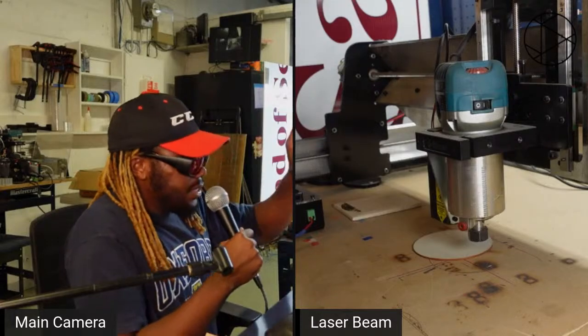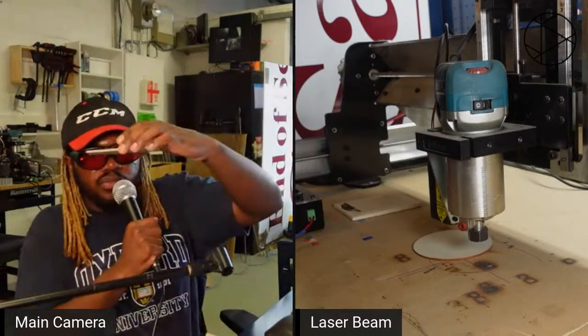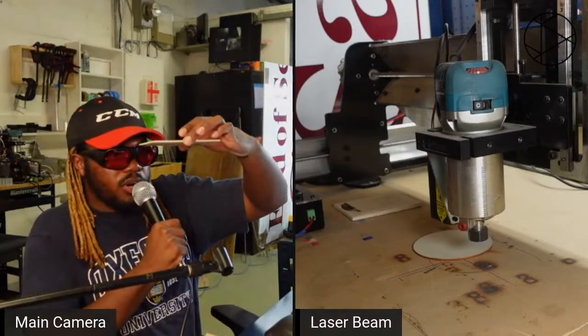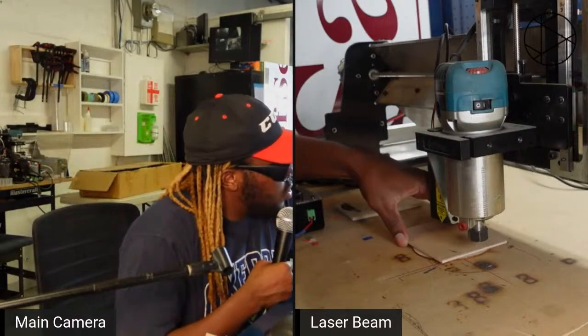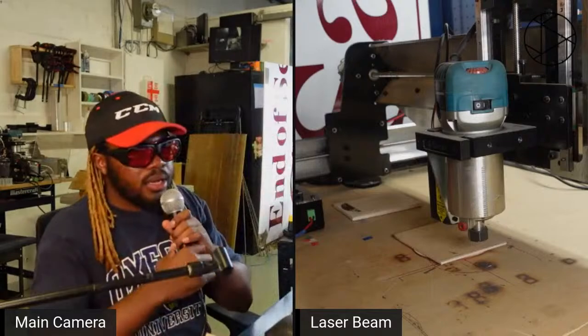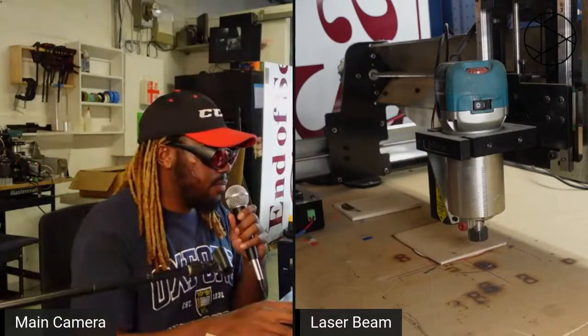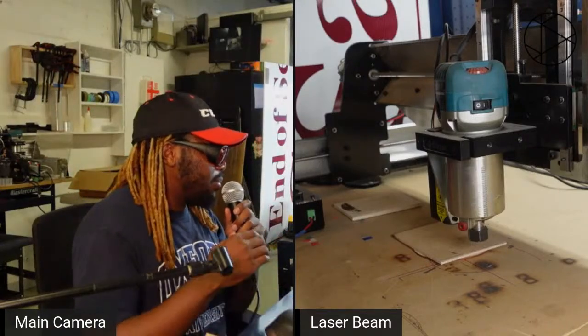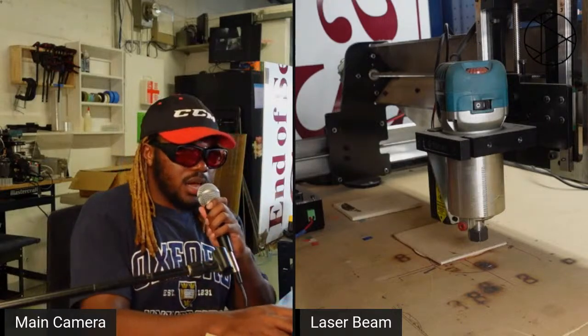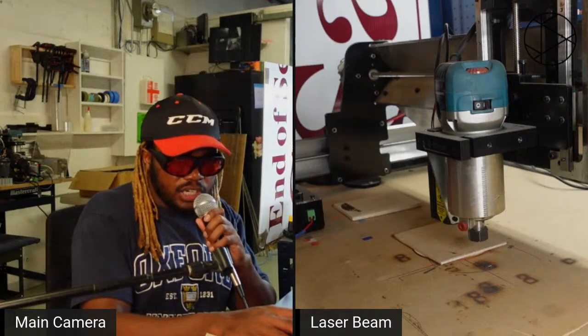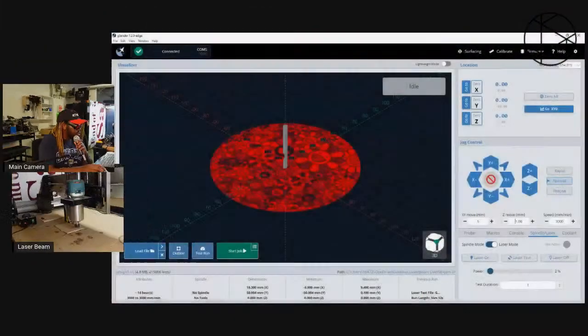So this is what I'm going to be focusing on. It's a 3mm thick piece of birch because I don't want to mark my material. So I have it centered. I'm zeroed out on gSender edge. I'm zeroed out. And now I have a 3mm piece of material on top of my actual work material. So